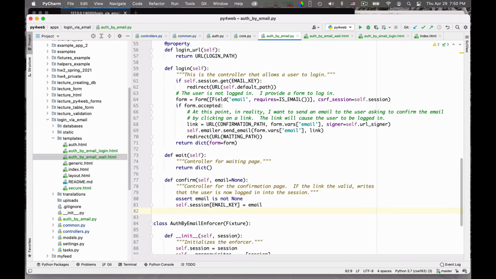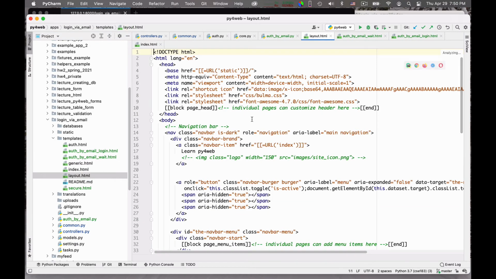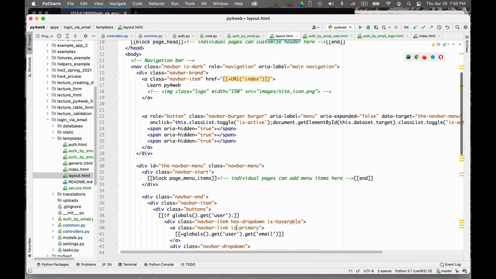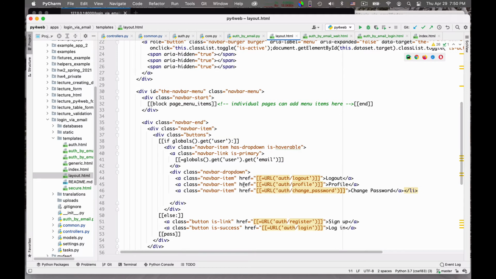Now, the other thing we have to do is we have to look into the layout. You see here, I'm not sure that you looked at it, but there is this code where people can log in and log out and profile. So there is no logout, there is no profile, there is no change password.